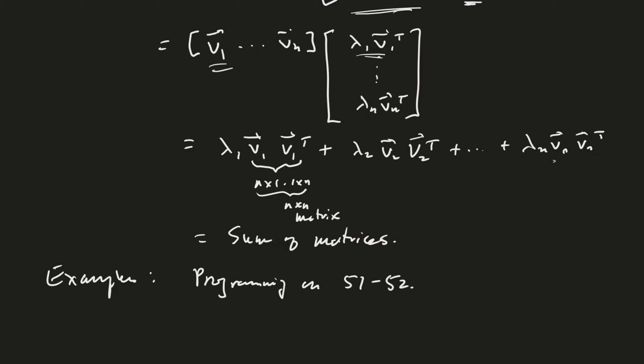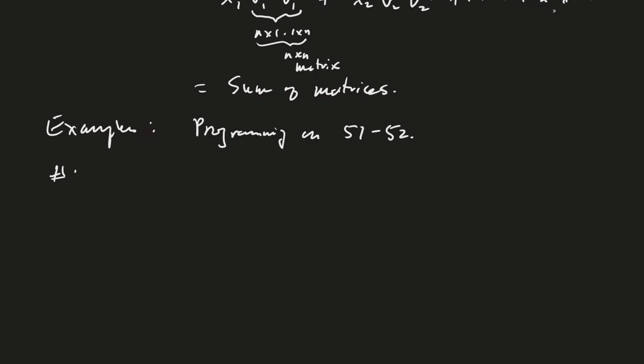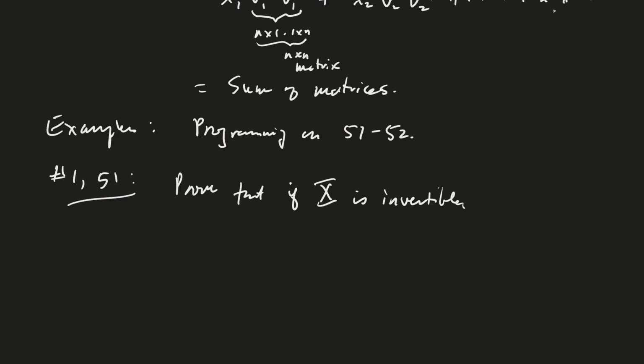By the way, number 1 in the exercise section on page 51 says the following: prove that if x is invertible, so x is just any invertible matrix, and A is square, then